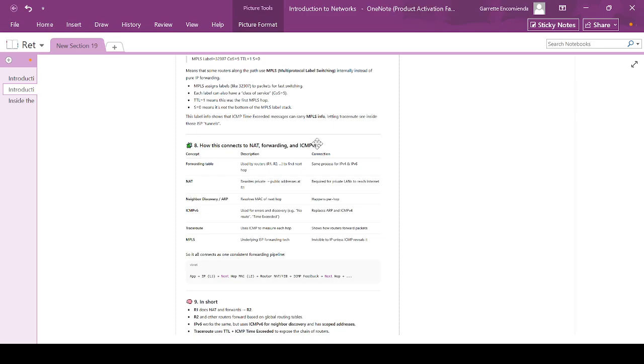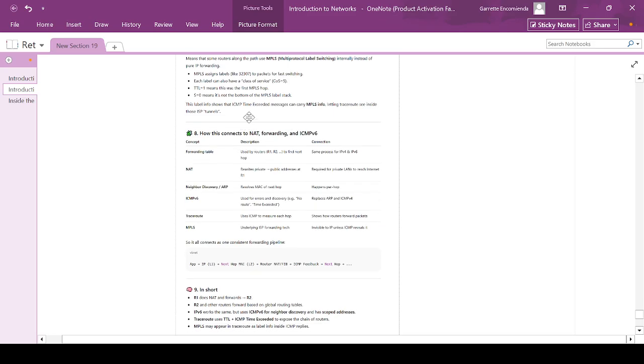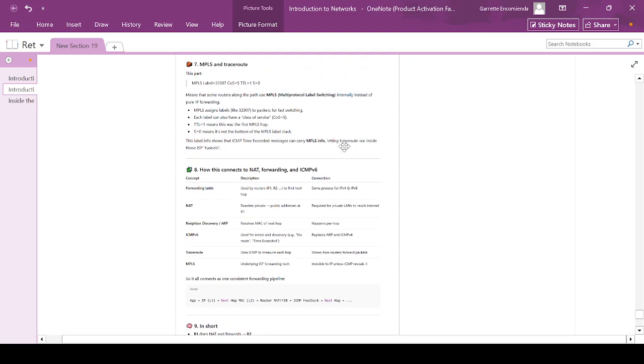MPLS assigns labels like 32307 to packets for fast switching. Each label can also have a class of service. COS equals 5. TTL equals 1 means this was the first MPLS hop. S equals 0 means it's not the bottom of the MPLS label stack. So this label info shows that the ICMP time exceeded message can carry MPLS info, letting traceroute see inside those ISP